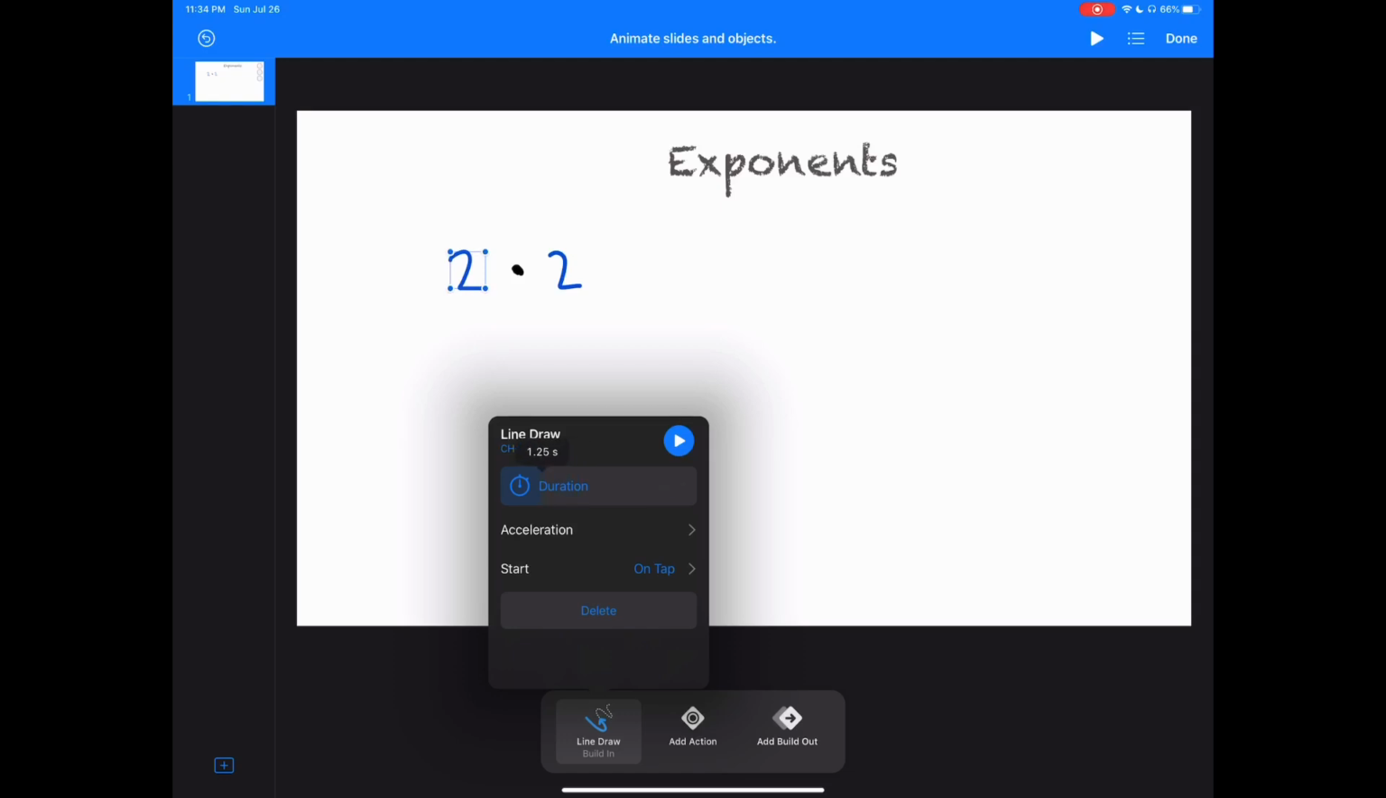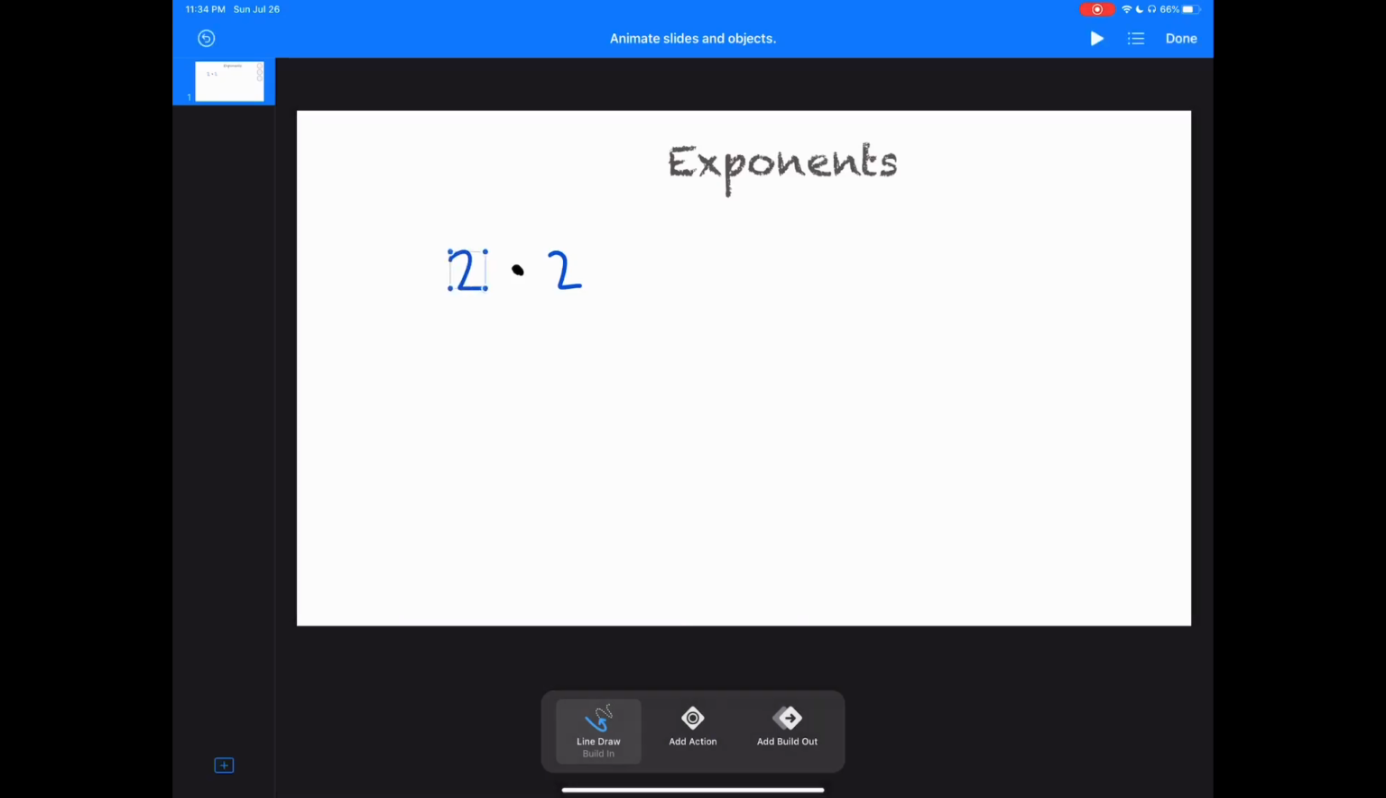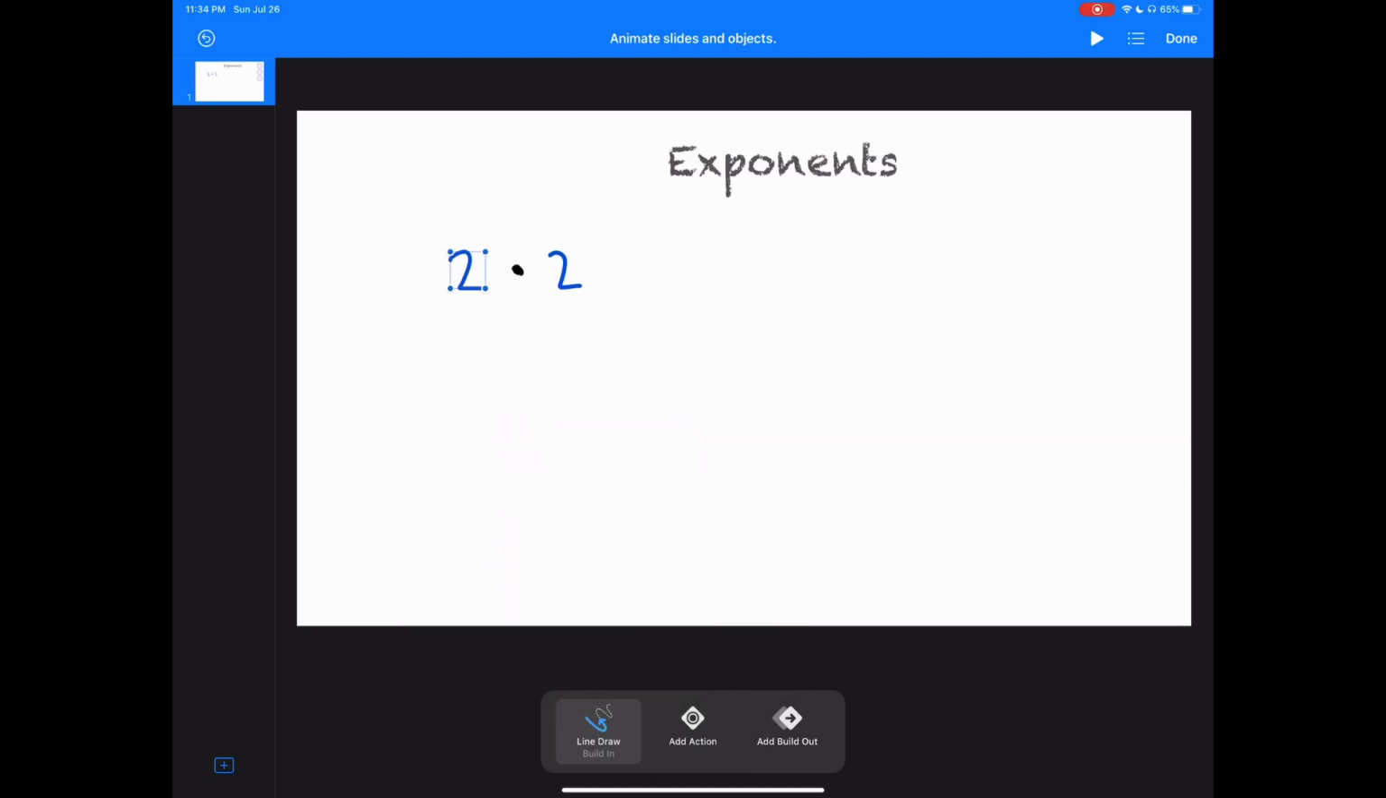So I'm going to take this down to 1 second so that my 2 sort of looks like I'm drawing it at maybe the same speed that I would normally draw it, maybe a little bit slower. Sometimes it's nice to go a little bit slower because you're speaking while this is happening. And so that one's set up, and I'm going to go ahead and click on the multiplication sign and do